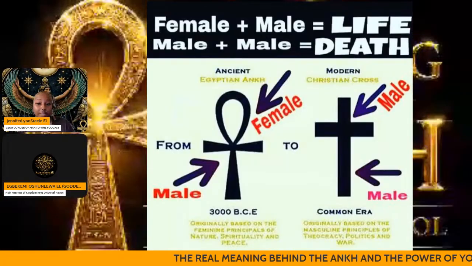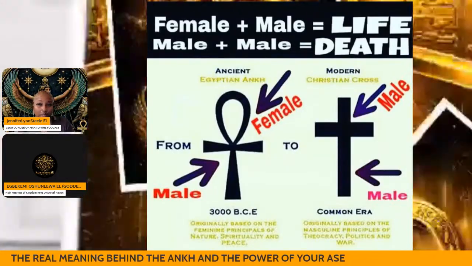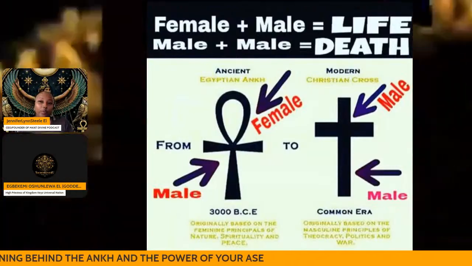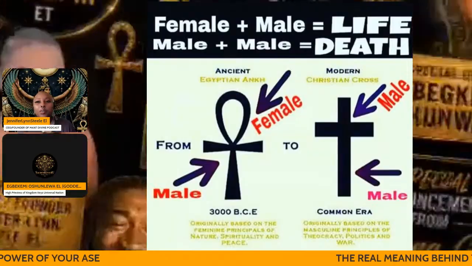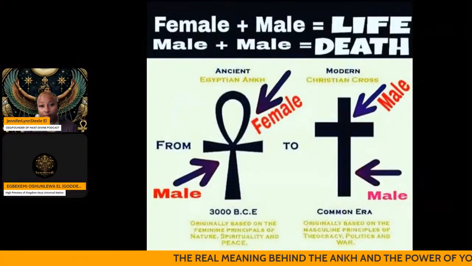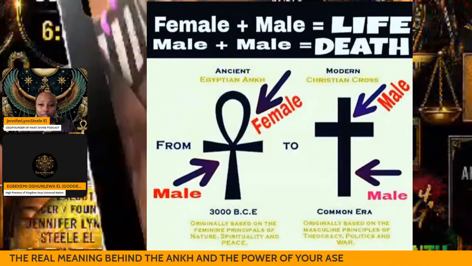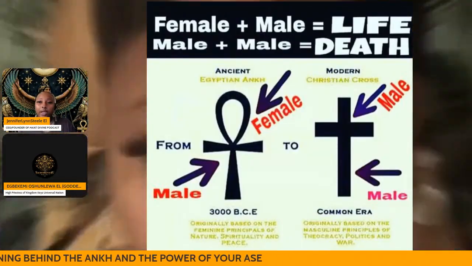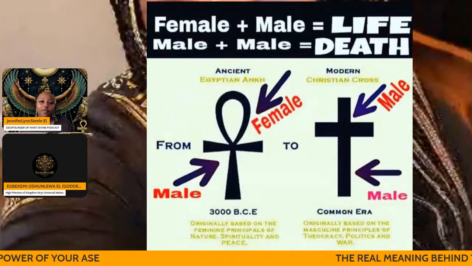The woman is sacred. The womb is sacred. Creation is sacred. And every breath we take is a gift from the Creator. This is why the Ankh remains one of the most powerful spiritual symbols on earth. It is not a piece of jewelry, you all. We're not just wearing it for fashion. It is not merely a decoration, but it's a reminder that the divine force of life flows through all living things.